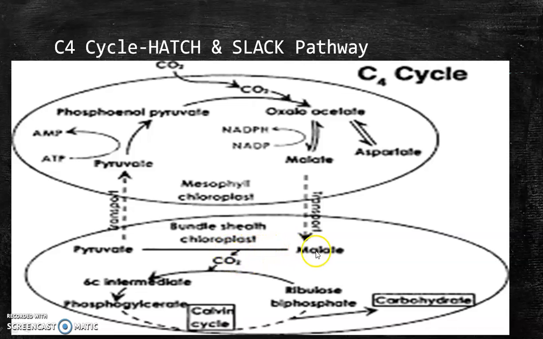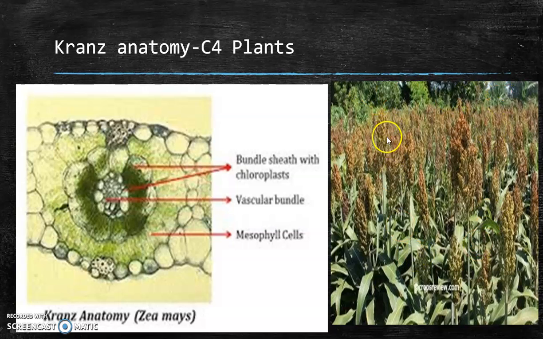The carbon dioxide released from the malate is accepted by ribulose diphosphate, and it proceeds through the Calvin cycle. Whereas the pyruvate formed from the malate enters the mesophyll cells of the chloroplast again, and it is converted back into phosphoenol pyruvate, the first compound of this cycle. So this is known as the C4 cycle or Hatch-Slack pathway. The efficiency of the plants in reducing carbon dioxide usage is the benefit of this C4 cycle. These are the C4 plants such as corn, maize, sugarcane, millets, etc.